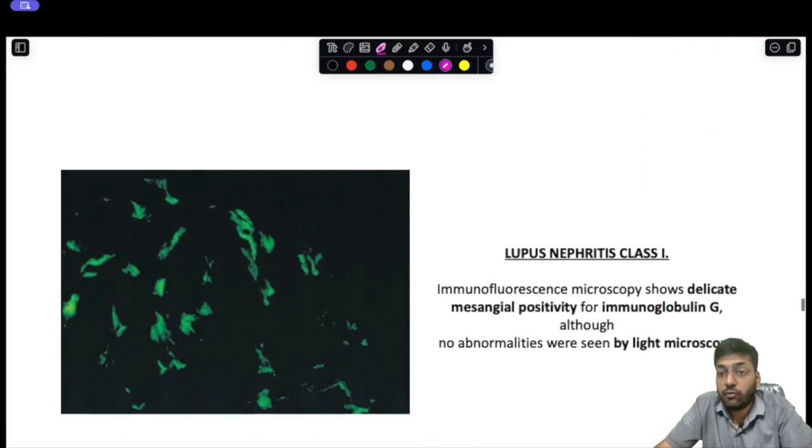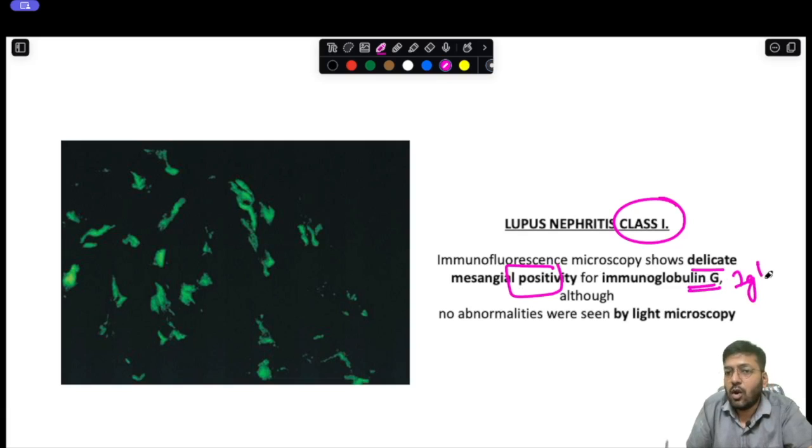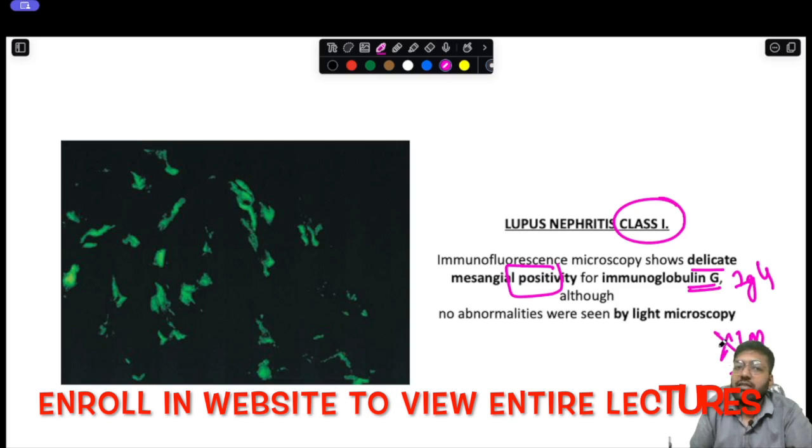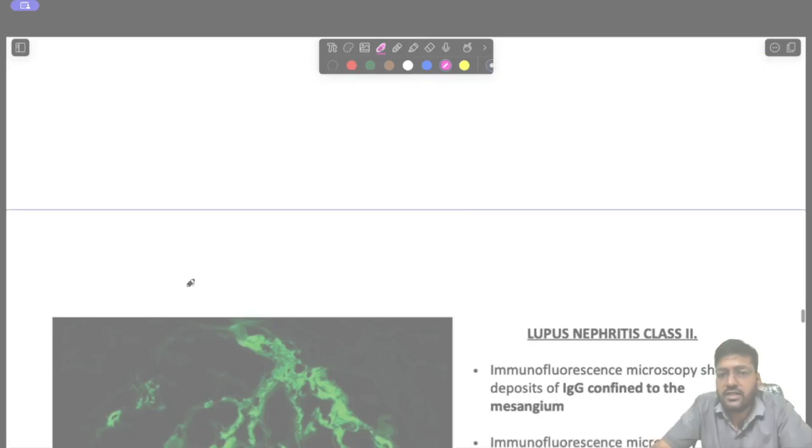Now coming to the immunofluorescence part. In lupus nephritis class 1, immunofluorescent microscopy shows delicate mesangial positivity for IgG, although no abnormalities can be seen by light microscopy. So this is your lupus nephritis class 1, the mesangial deposits, positive for IgG. Second one is